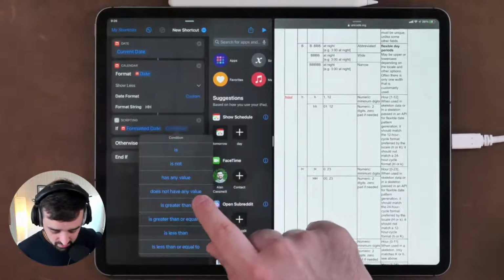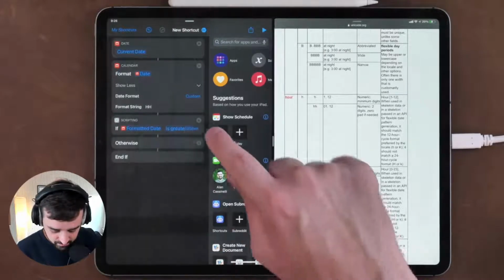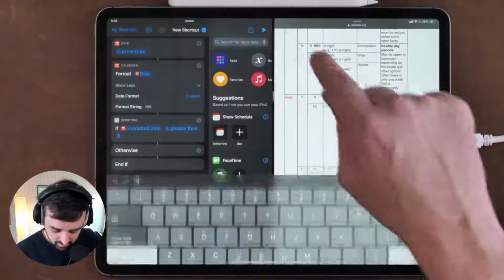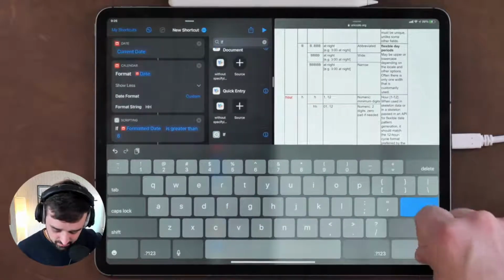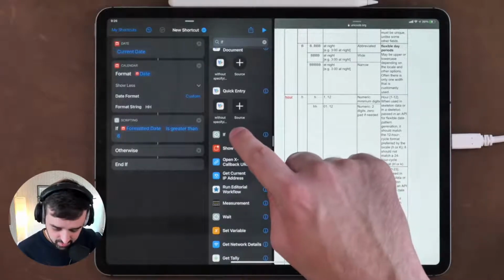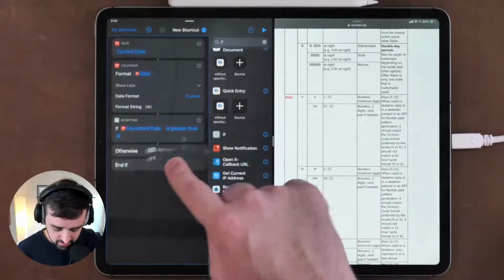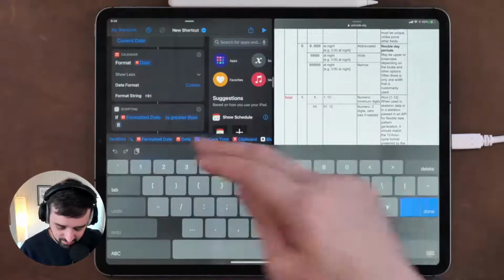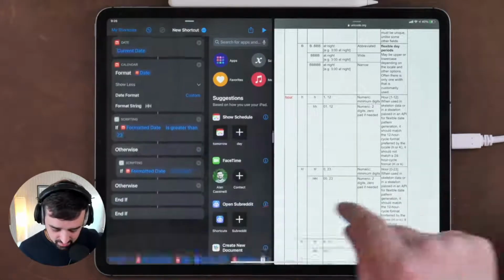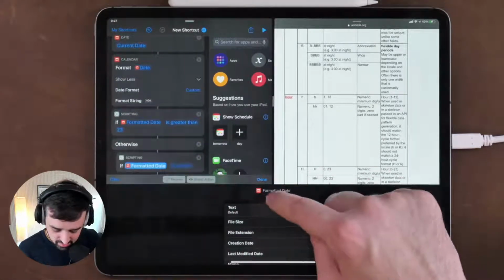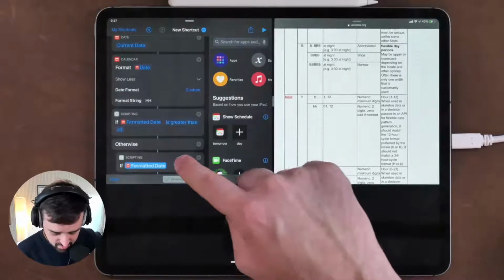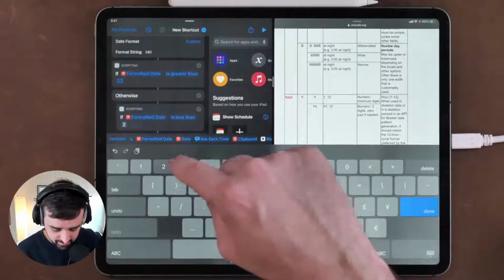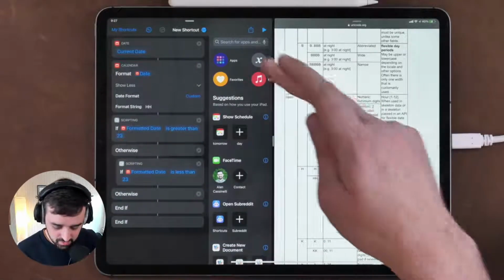So if it's greater than 8, and then we'll do another if. Actually, I probably need to do the 23 first, because 23 is greater than 8, and then that wouldn't fall into this. So if it's greater than 23, or if it's, switch this into a number, if it's less than 23, then you want to